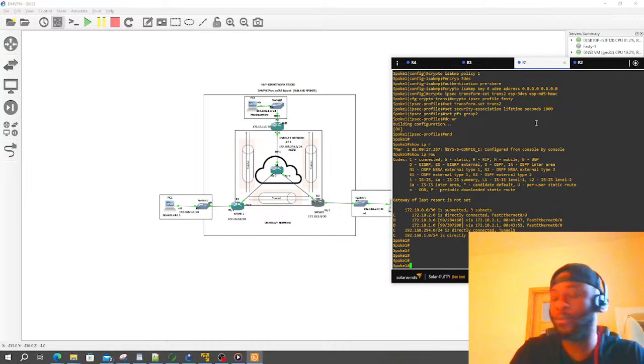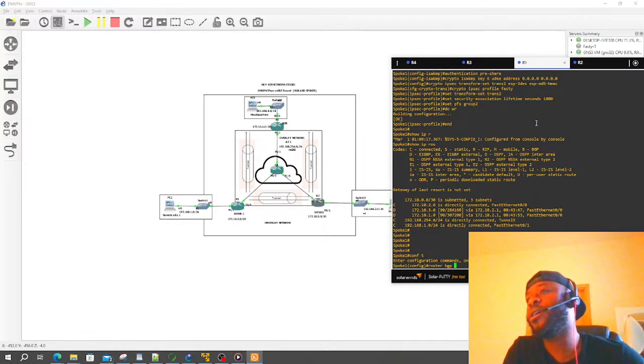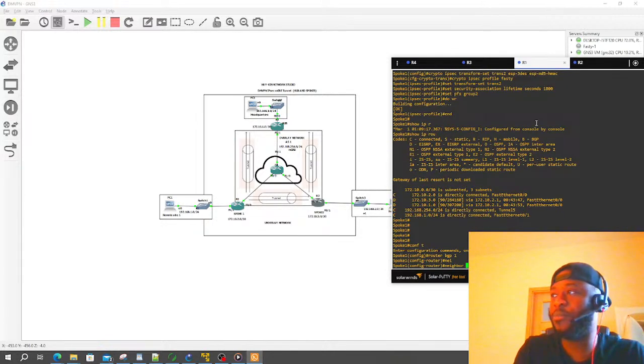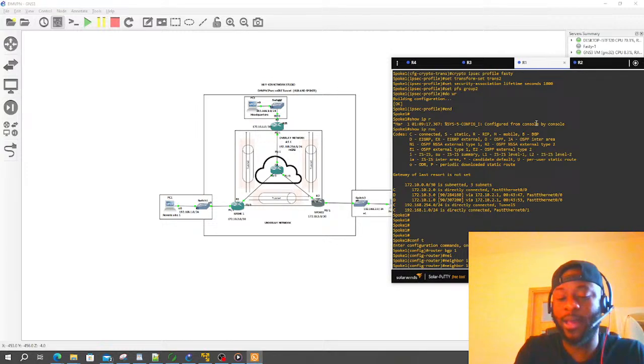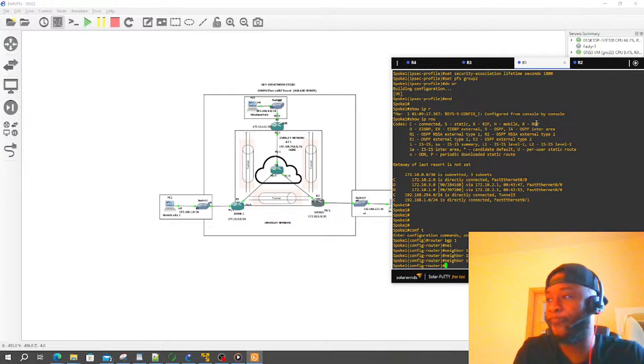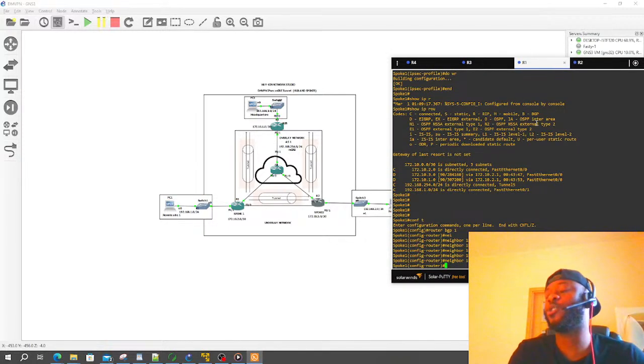Right, so let's start from R1. Router BGP 1. So neighbor 4.1 remote AS 1. It's going to be an internal BGP. For you to do that, there's going to be another one that says activate, because it has to be ready for the BGP connection. Right. That's R1. So on R3,